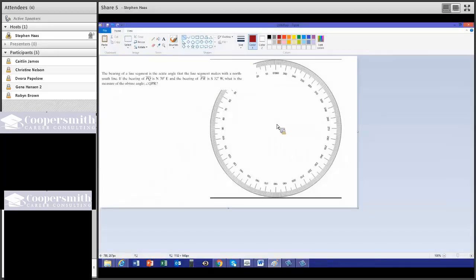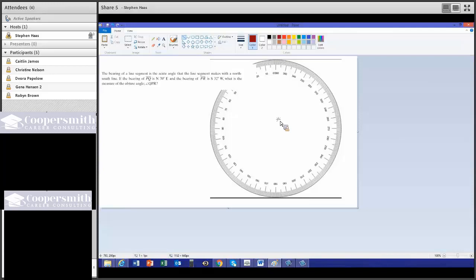So north is upwards and east is to the right on a general compass. So instead of going up, I'm going to start up, but I'm going to move it over 70 degrees to the right. So from 360, 70 degrees drops to